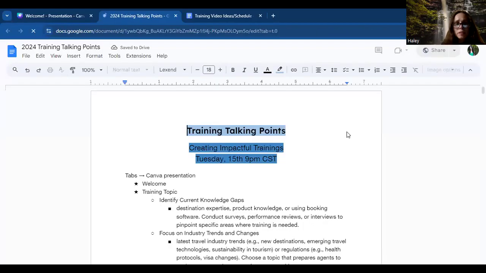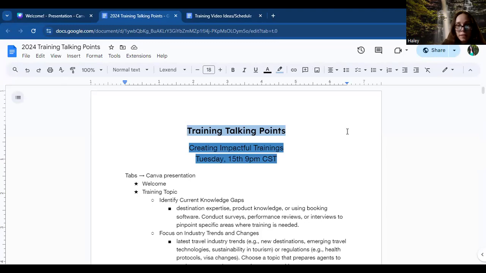My talking points, this is what it looks like. This is my talking points for this training. I do my talking points before I do my slides, and this helps me decide my format. If I go through and put down the topics that I want in my training, I can decide, okay, is this going to be better formatted as a presentation, or is this going to be better formatted as just jumping in, screen sharing, and jumping on web pages, and stuff like that.